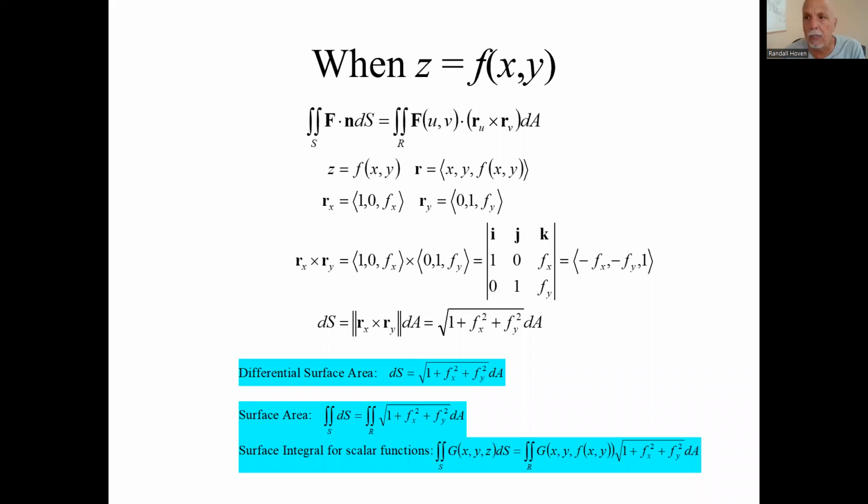We're doing flux integrals, which is one kind of surface integral. And here's what the flux integral is. I won't go over that again. And here was our general method of evaluating this integral. But in the case where the surface is z is a function of x and y, you look at this formula, if you want to call it that, and it's going to take